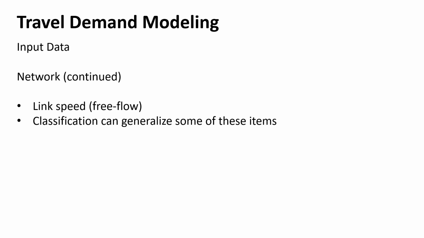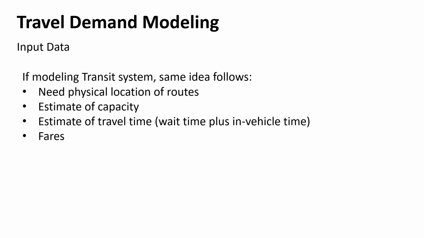As you add more vehicles, the speed drops, and then you add some more vehicles and the speed drops even more. Well, then people are probably going to want to use a different road if the speeds get too low on a certain link, and so it's this dynamic assignment. That is one of the steps in travel demand modeling: trip assignment. So where are we putting the vehicles? If we're looking at the highway network, which roads are people driving on?